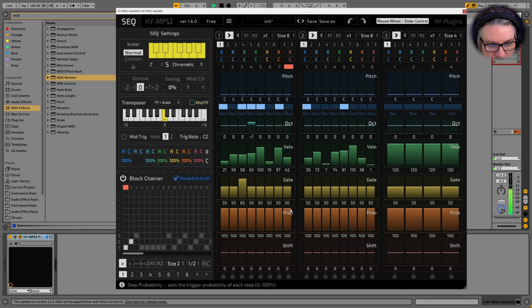Interesting. Okay. And we have probability as normal. Let's turn the gate up. If we put slur on here, okay. I think that's all it was. I think it was a hung note. It's fine.